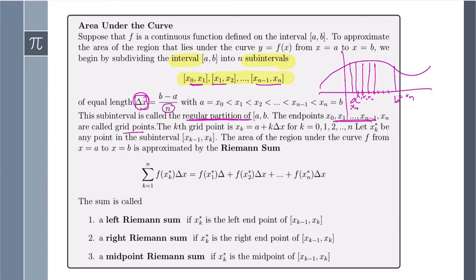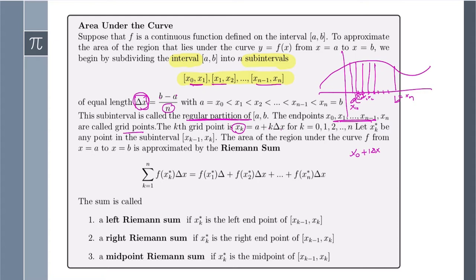Then the kth grid point x sub k is given by a plus k times delta x. Which means x1 is given by x0 plus 1 times delta x. So when we add delta x to x0, we get x1. Now to get x2, we have to add 2 delta x to x0 so that we get x sub 2, and so on. Now the area under the region is approximated by a sum which is called the Riemann sum,